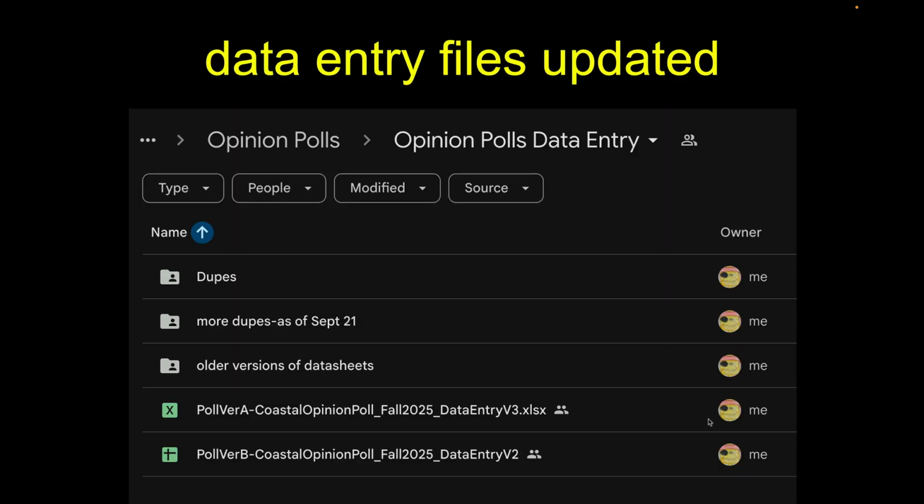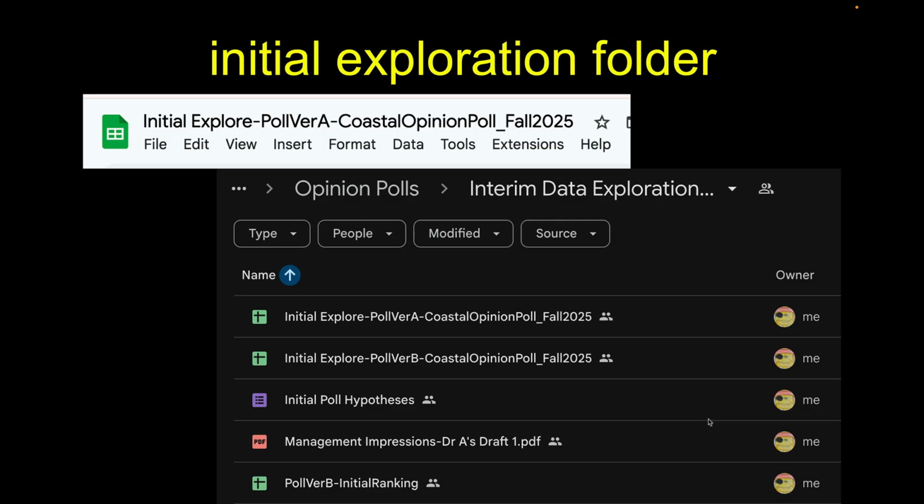So I've created an... I've cleaned up our existing data. So let me just say that you should still keep entering your data into our data entry files. I've updated them to be called V2 and V3. These guys are still in place. Keep cranking through that. But in addition to that, we have another pile now inside another folder inside our polls